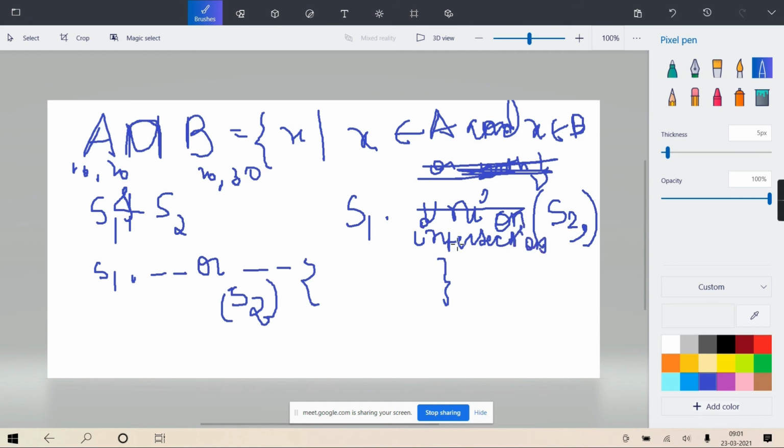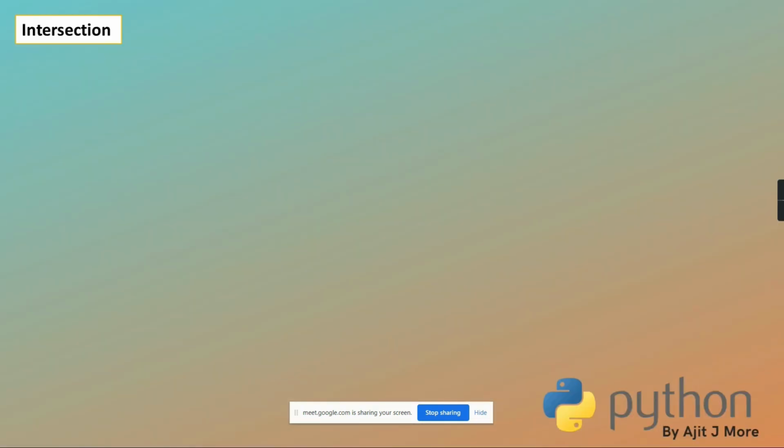And here also a magic method is called internally, double underscore and double underscore, which does the same thing. Clear? Got it.